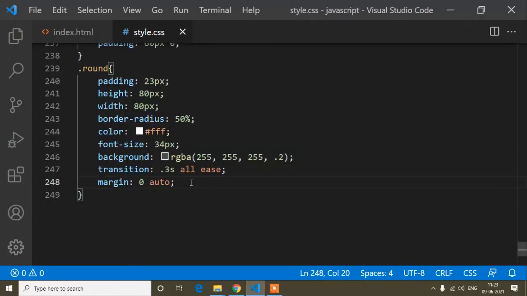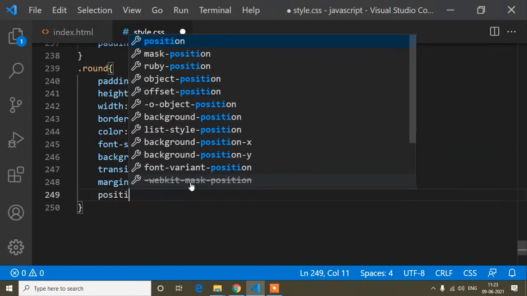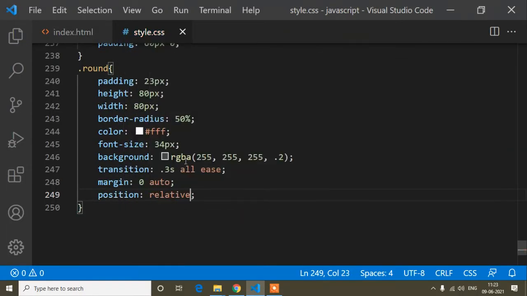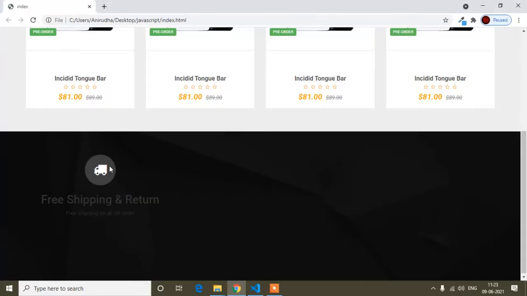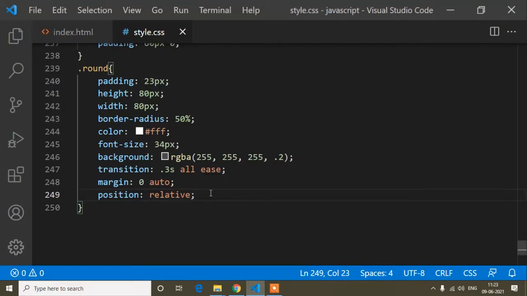So now I will write position relative. Position relative, guys, because this div has the icon below and above it, and I will make that icon float so it comes into the middle. That's why I have written position relative.